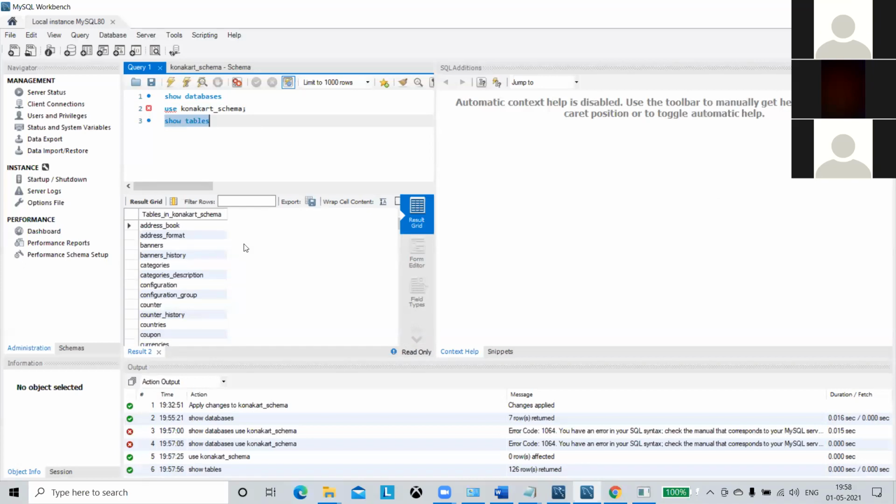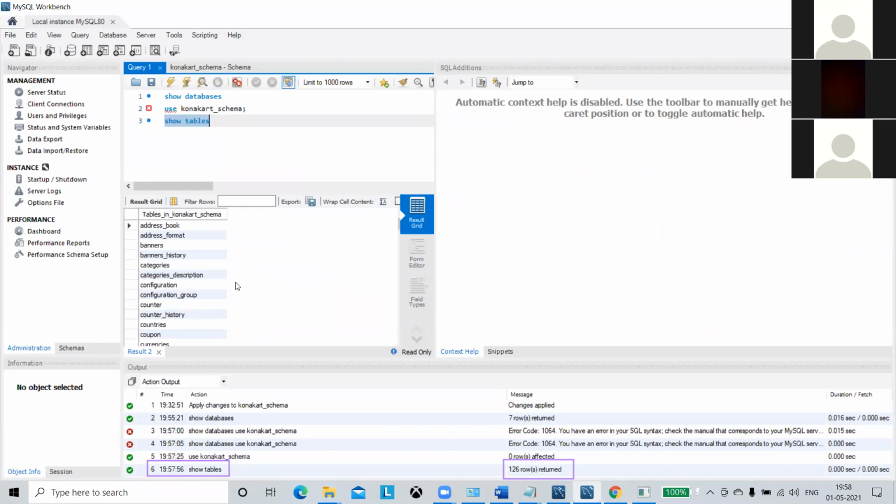How many tables? It created 126 tables. How can you say that it has 126 tables? So see here, show tables is the command that you executed, and here you can see 126 rows returned, so you can cross verify it over here. This database will have a total of 126 tables. So this is a medium to enterprise scale application. Konakat is an enterprise Java application. Show tables is the command to see the tables.